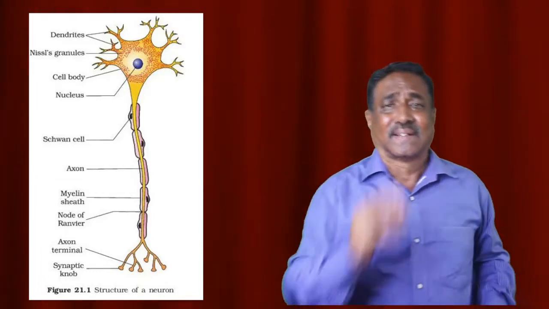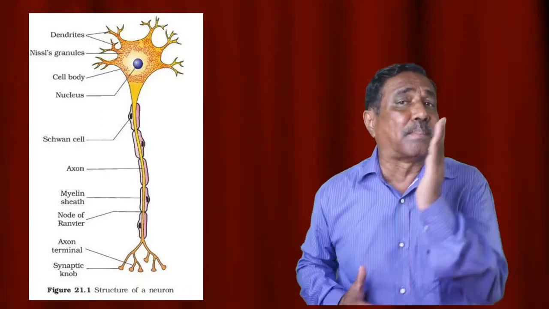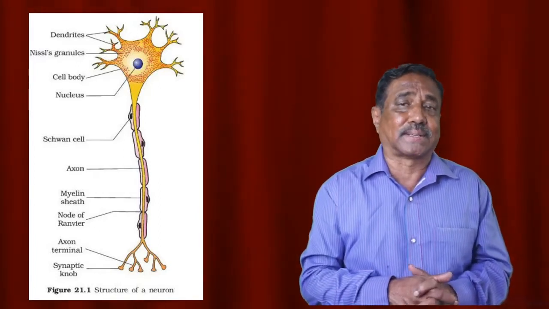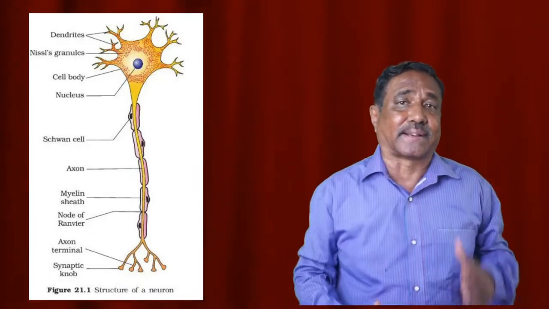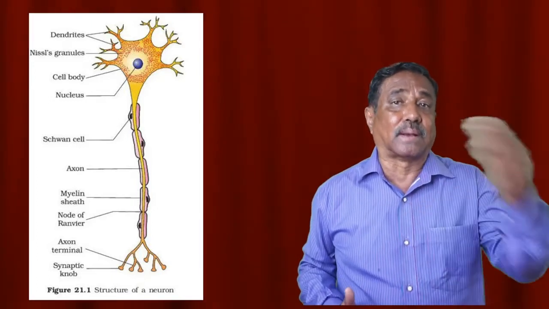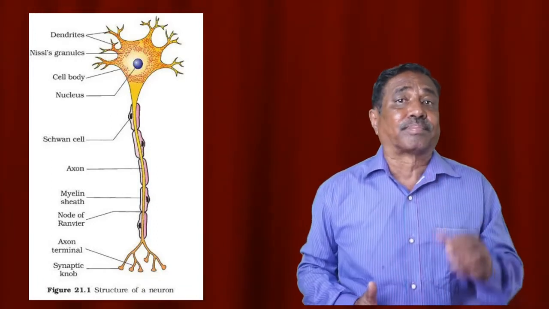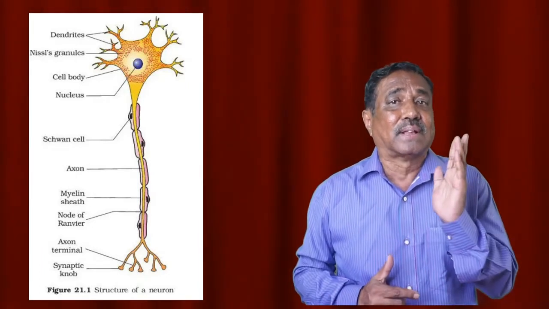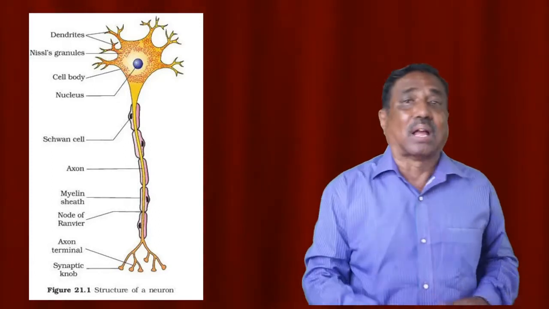And there are certain neurons which have only an axon, present in the embryonic stage. They are called monopolar neurons, only axon. And where many dendrons and dendrites are present, that is called a multipolar neuron. Multipolar neurons are present in the advanced organisms, animals. And then there are bipolar neurons. Bipolar neurons consist of an axon and a dendron. They are present in the retina of the eyes.